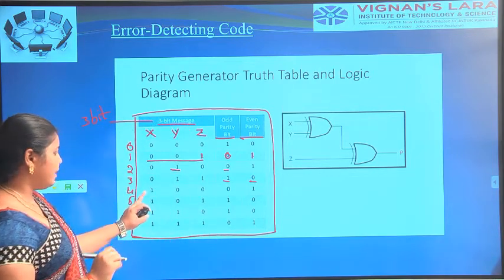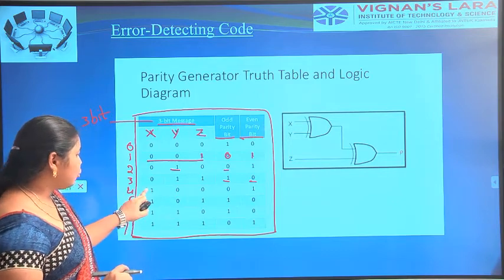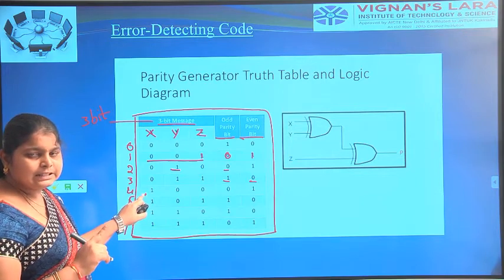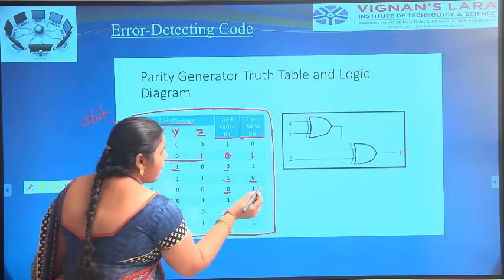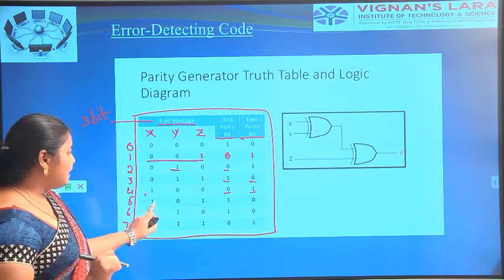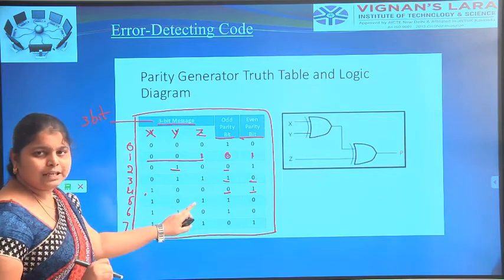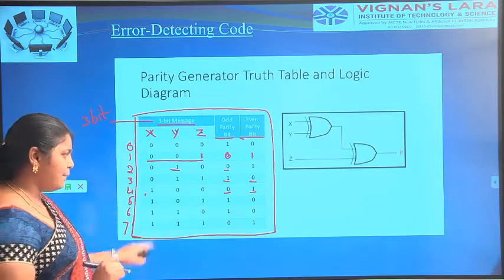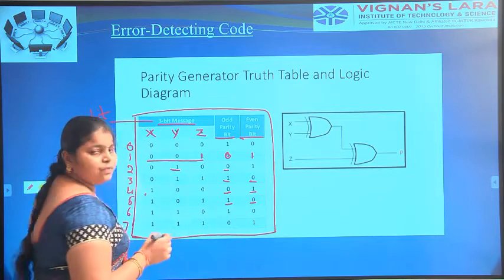Next, the binary value 100: only one 1 is placed, that's why the odd parity value will be 0 and the even parity bit will be 1. Then 101: two ones, which is an even number, so the even parity bit is 0 and the odd parity bit is 1.